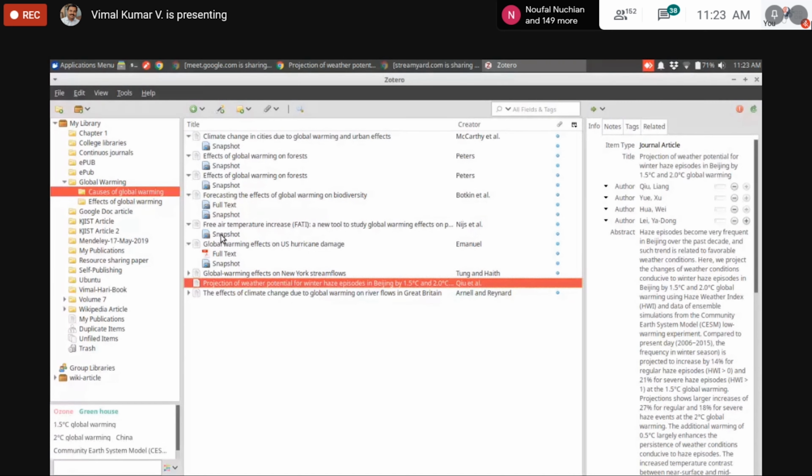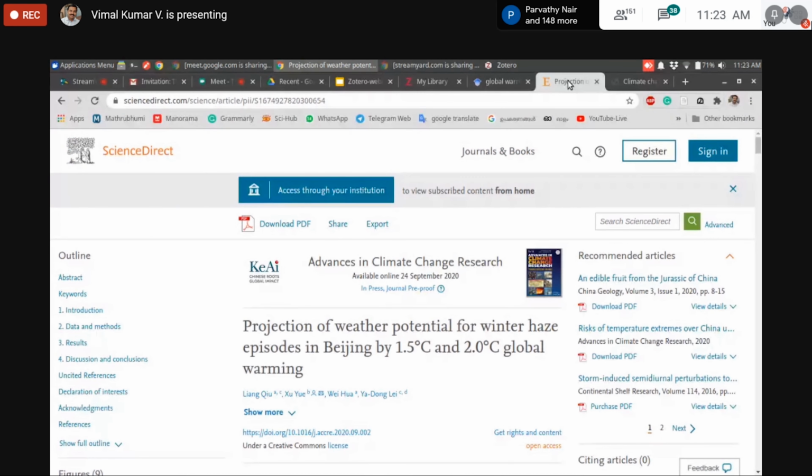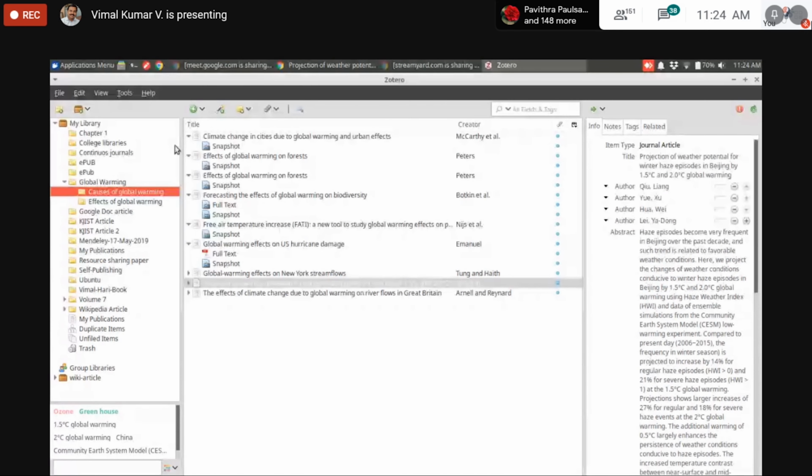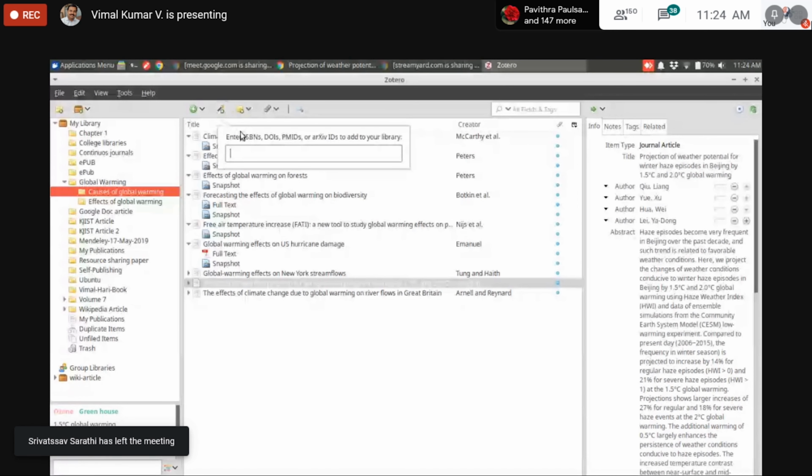Okay, this is one method of collecting articles from various academic search engines and journal websites. The next method of collecting references is that we can enter a unique ID of scholarly literature, like an ISBN number, that is for books. Otherwise, you can give a DOI, digital object identifier number of any article. You can enter it there and search it. It will search and download it into Zotero.